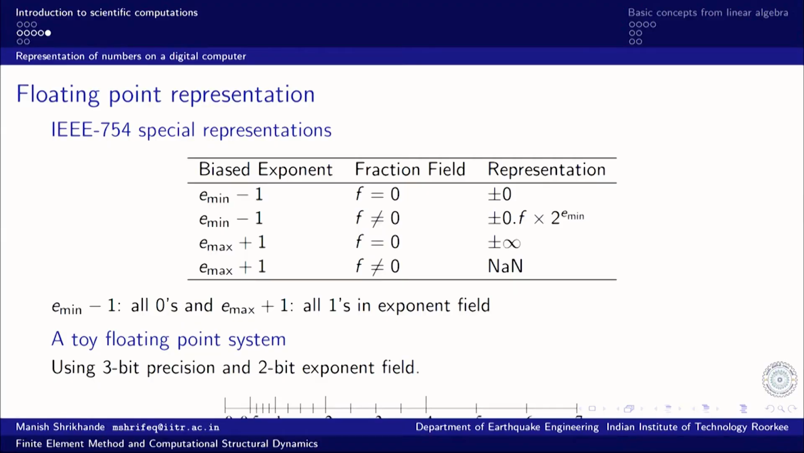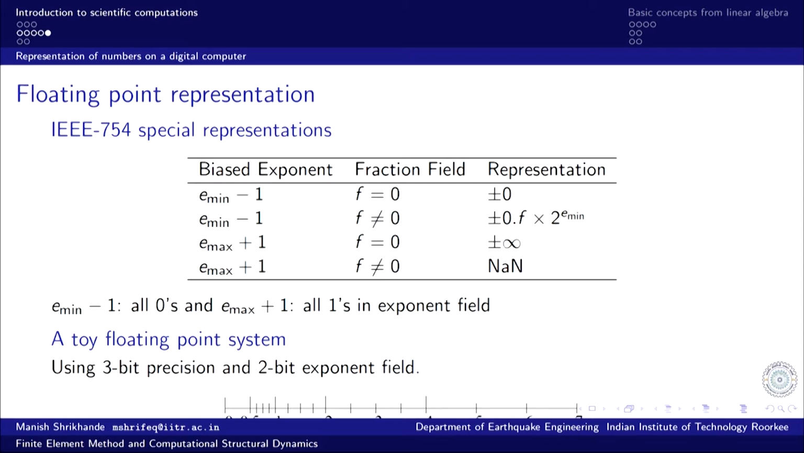So, just an example of a toy number system. Instead of 23 bit precision, I just use 3 bit precision and an exponent of a 2 bit system, and this is what the number system looks like. So, 0 is the assigned number, and then we have 0.1 and 0.5, and you can see the important thing is you can represent here exactly